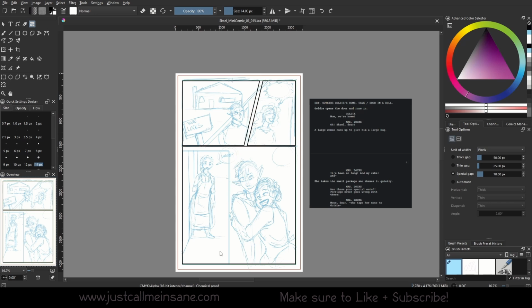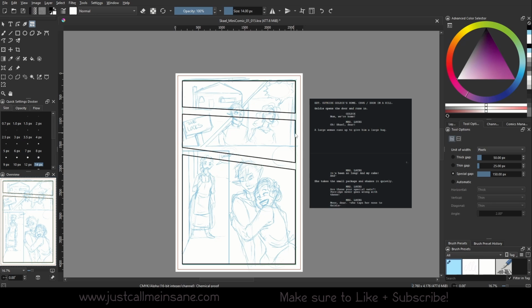We can do special. Now these can be modified. This is just for your personal reference and usage. That way, if you always want a specific consistent gutter size, you have that. And then if you want to make some custom options without having to constantly change these two, you can do that with the special. So maybe for some reason you want these panels to have a really giant gap, you can say the special gap is always going to be for this specific situation. Maybe you have a really intense scene and you just really need as many panels as you want, but you want it to be dynamic, so you have